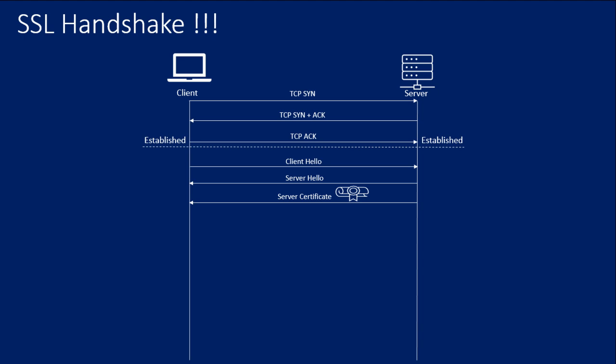It's like this. If I want to prove my identity to someone, I need to produce documents which have been issued by a central authority or a government body, right? Similarly, over the internet, websites are going to provide you certificates, and these certificates are digitally signed by certificate authorities. We have certificate authorities like GoDaddy, DigiCert, Verizon, right? They are going to sign our certificate, and these certificate authorities' root certificates are already installed in our machine,